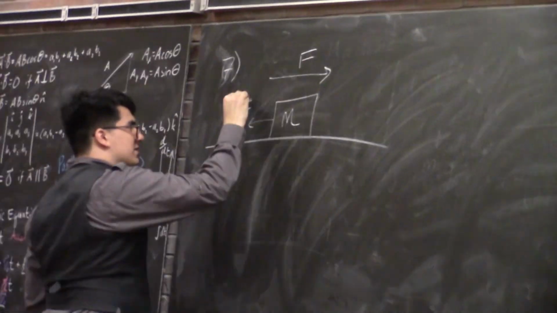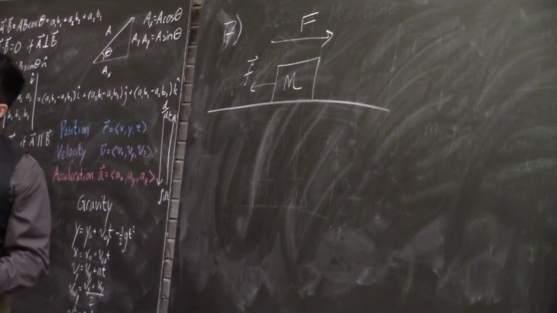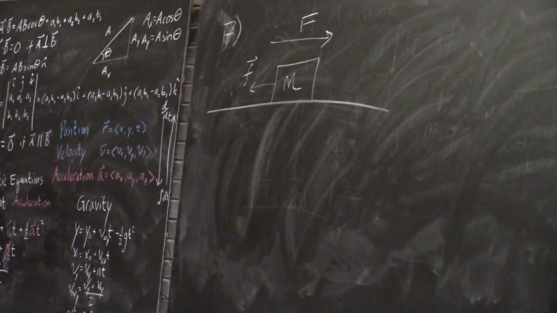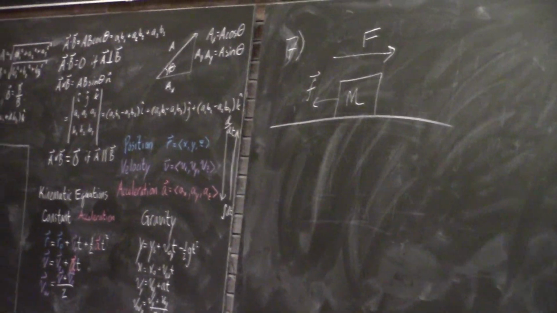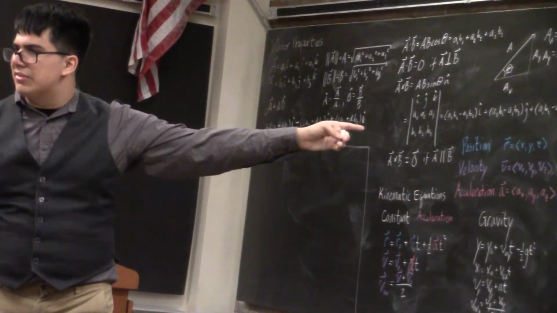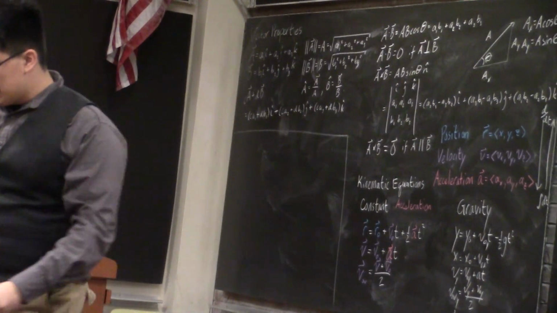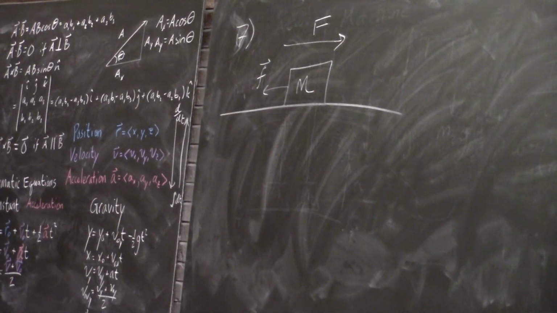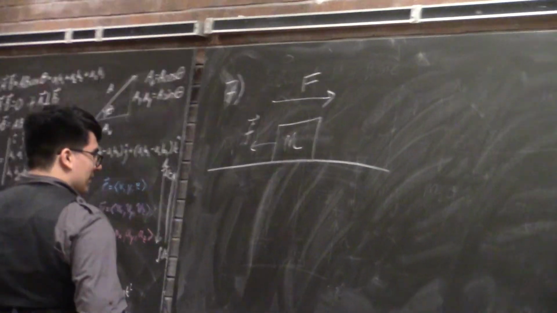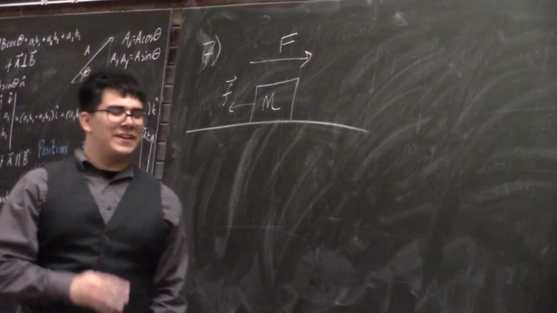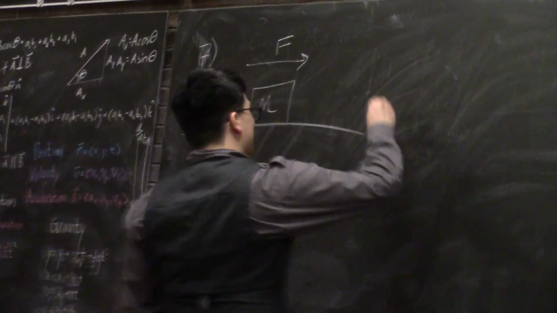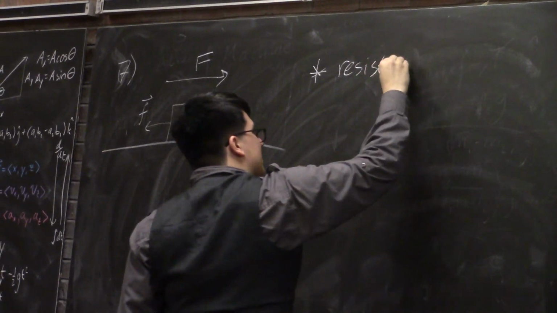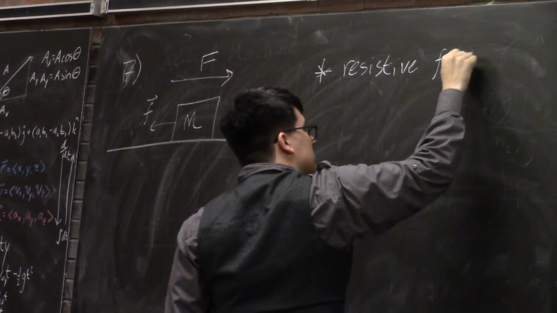All right, I'm going to call this little f for the force of friction. Now, is it always there? Well, if I don't push this and I don't apply a force, and that force of friction is still going in this direction, then this chair would be pushed over there infinitely. That doesn't make any sense either. What's going on? Well, the friction force is very, very weird. It is what's known as a resistive force. Essentially,